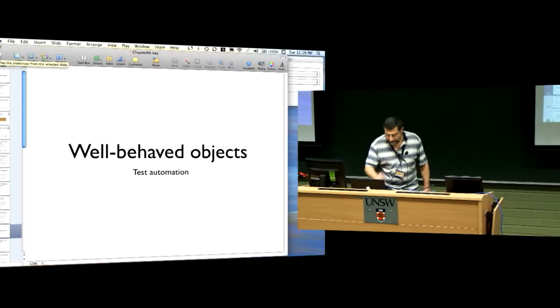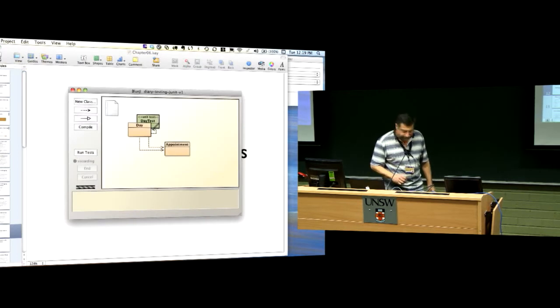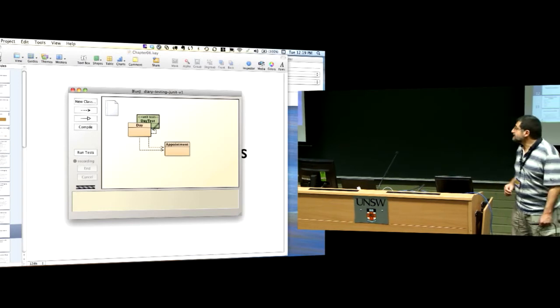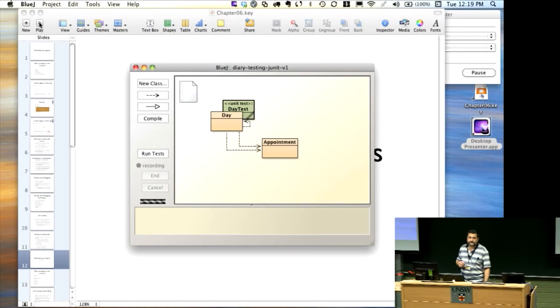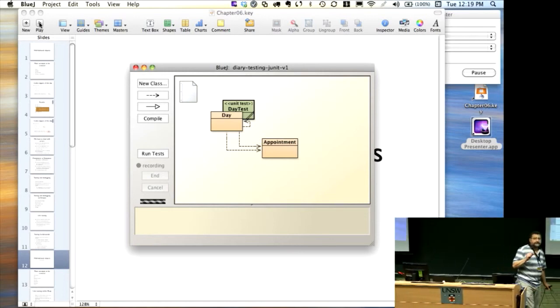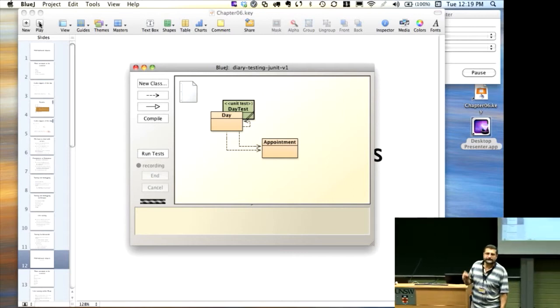We'll go straight to an example in BlueJ. This is an example from the book in chapter 6. And we're going to go through the code, try to understand what it's supposed to do, and then we're going to see how you can construct unit tests. So unit tests mean that